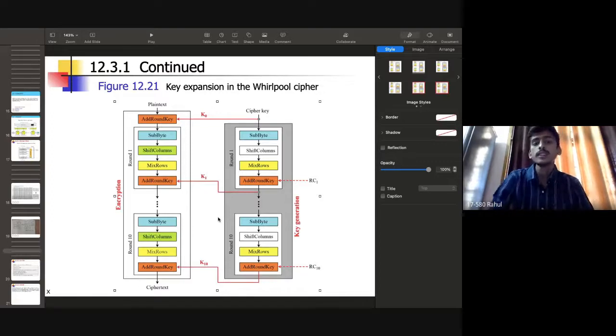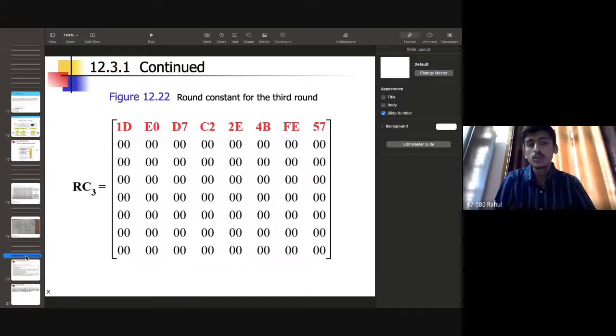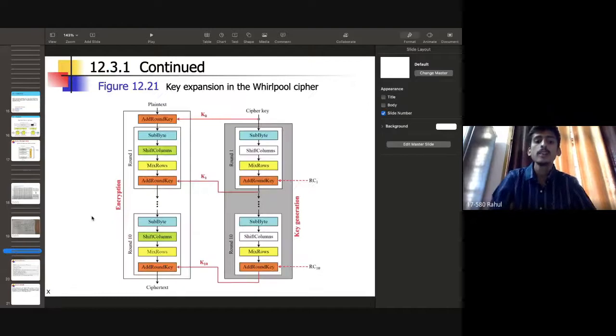So what the Whirlpool cipher does is, initially in the key expansion we get the round key constants, that is k0, k1, k2, k3 up to k10. For each round the key expansion will generate a key. For the add round key, whatever round key is generated, it uses that.